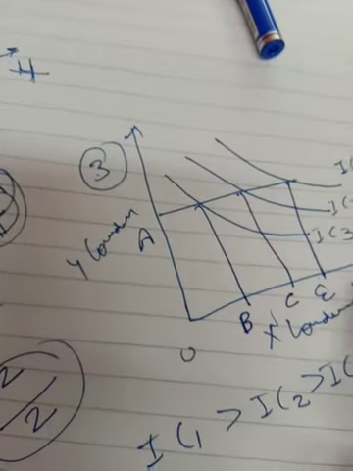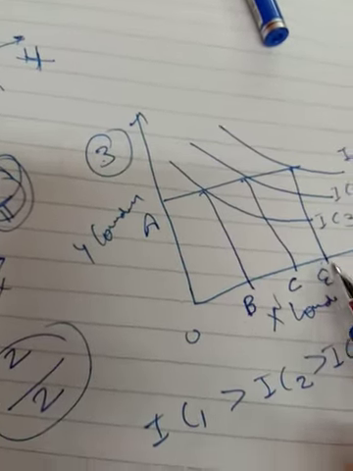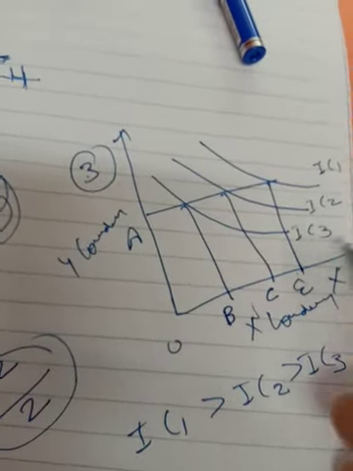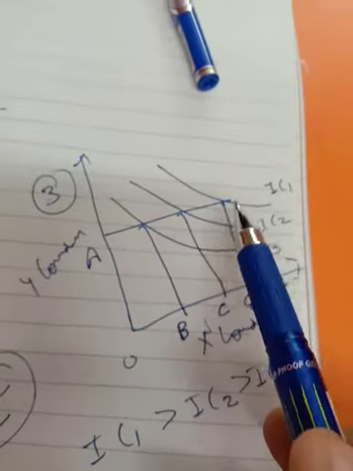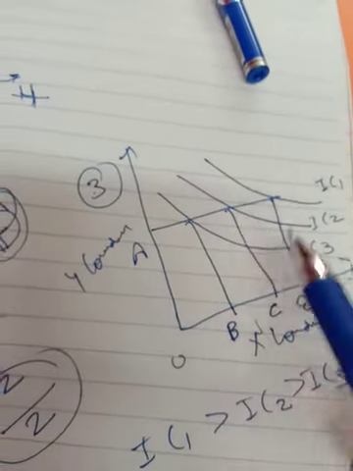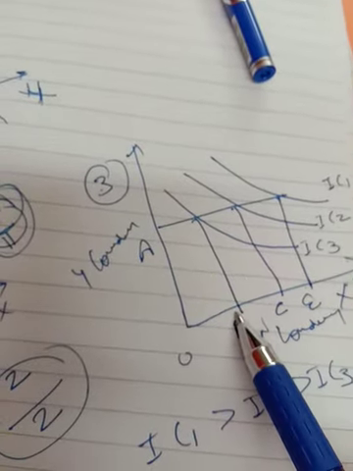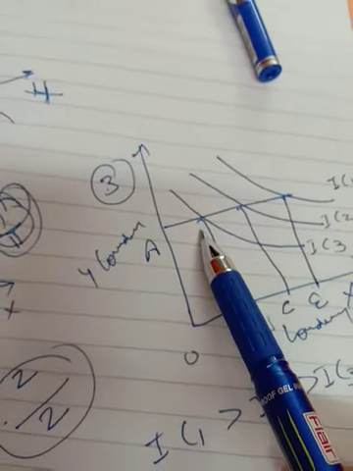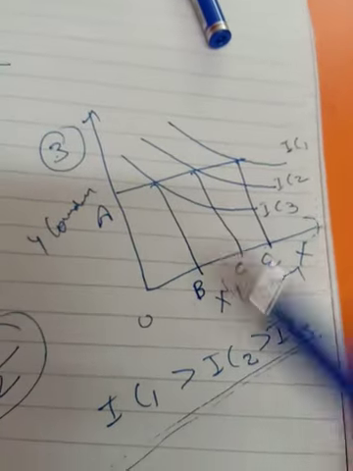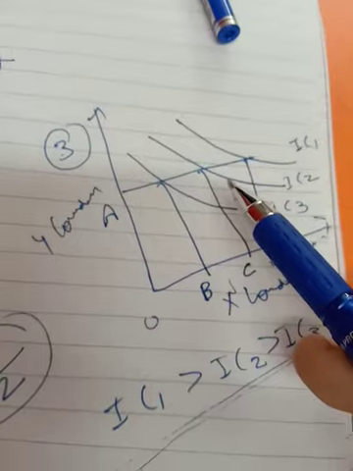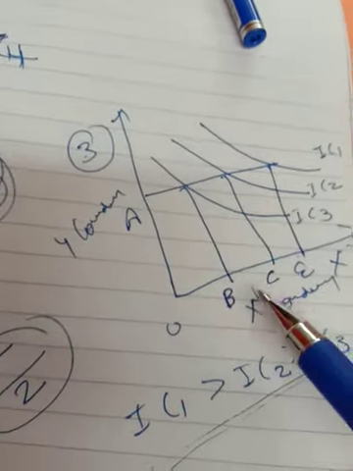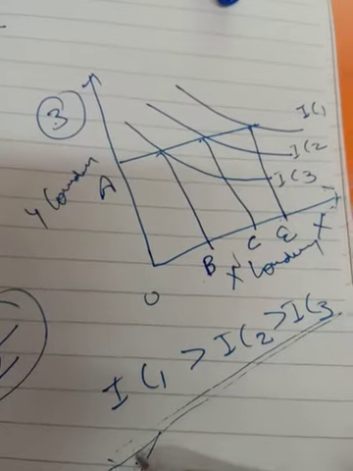What is monotonic preference? Monotonic preference says that higher quantity always gives higher satisfaction. So here more quantity is consumed with IC1, so that will give the higher satisfaction, and after IC1 it is IC2 because it has more of the commodity compared to IC3, and after that IC3 gives the satisfaction. The higher indifference curve always has a bundle of more quantity of commodities, of both. So that is why IC1 will give the higher satisfaction.